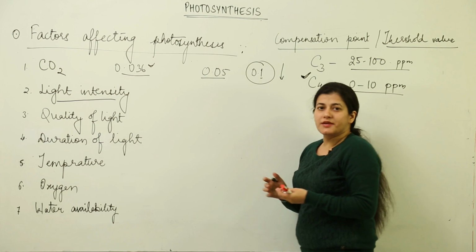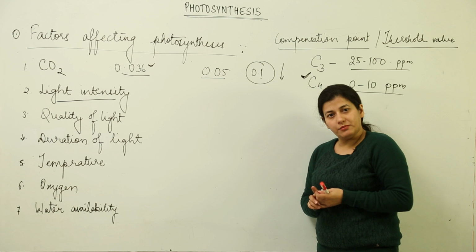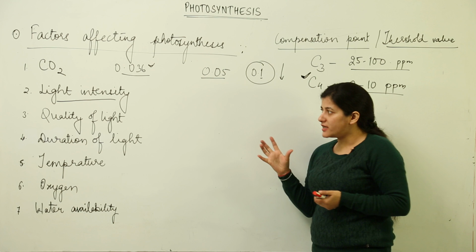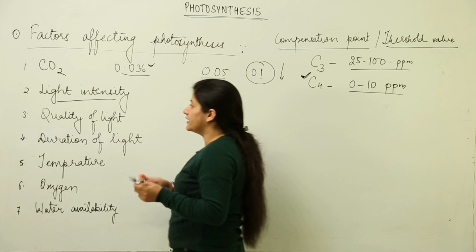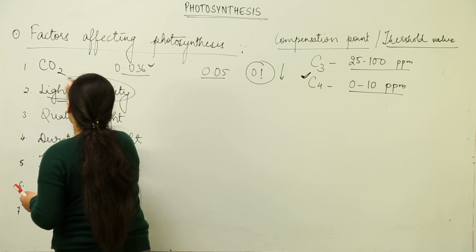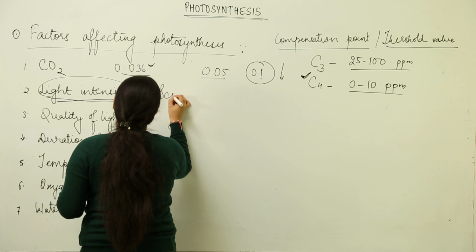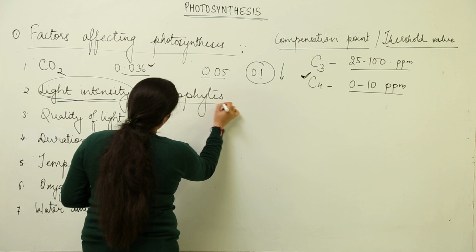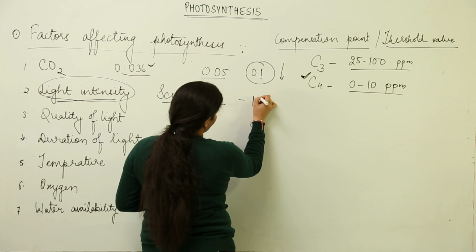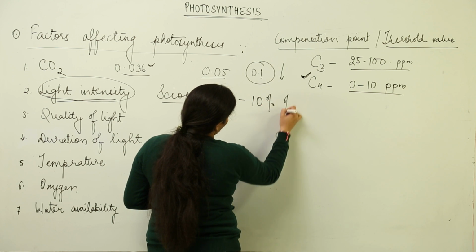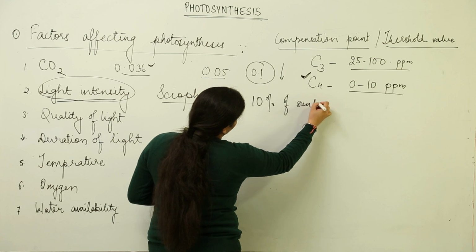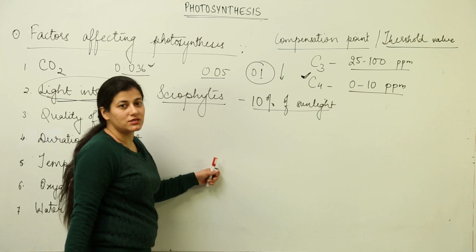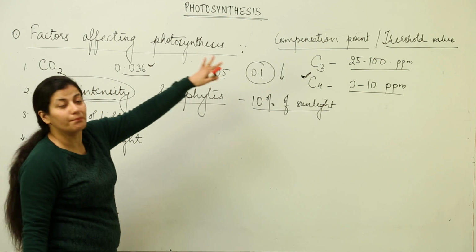Now, you know, there are two types of plants. One are the shade loving plants and the other one are sunlight loving plants. So first thing, one thing you have to keep in mind, that the plants which grow in shade, that is skyophytes, this is the name of the plants which grow in shade, they require as much as 10% only of sunlight. This much light intensity would be enough for them to perform the photosynthesis and reach the light compensation point,